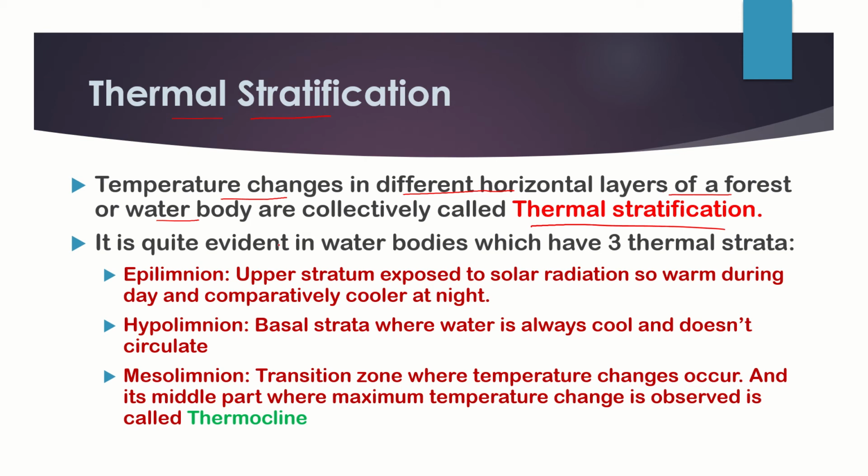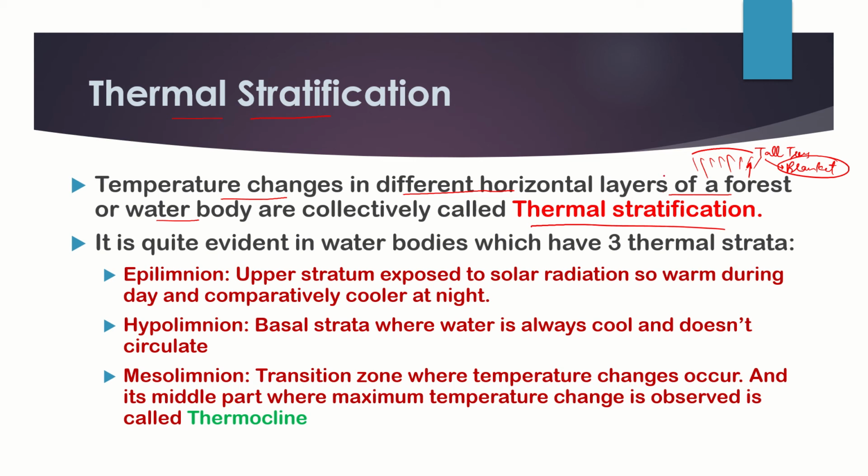Okay. Now in the forest areas, this is not much evident. Why? Because you all know that a forest has a canopy of tall trees and it provides a kind of blanket effect. Blanket effect means it is going to cover all the underlying plants. So that's why the overall variation in temperature is not much apparent in that area, because the topmost community, the canopy layer, is going to serve as a blanket for that area. So we don't observe much of the thermal stratification. It does exist, but it is not very evident.